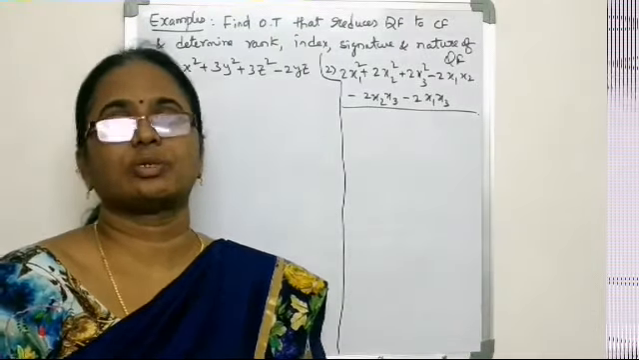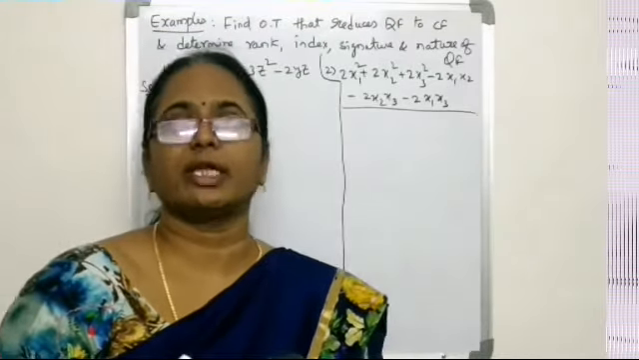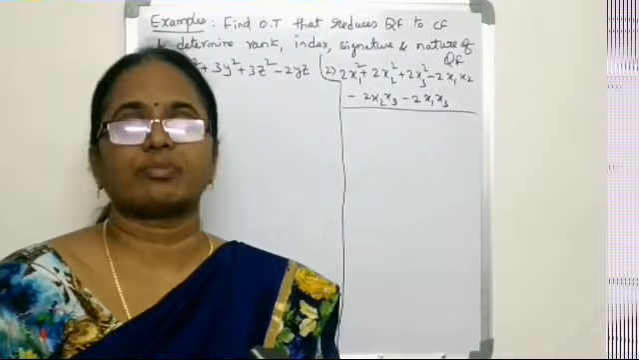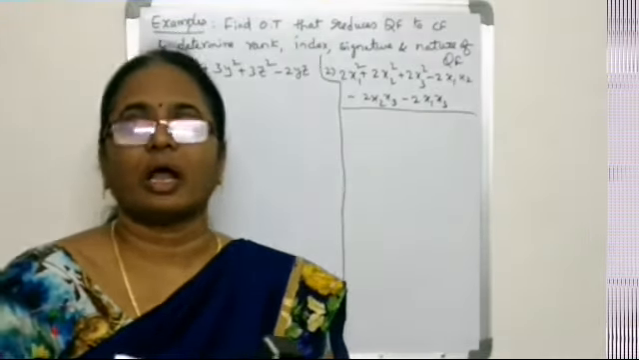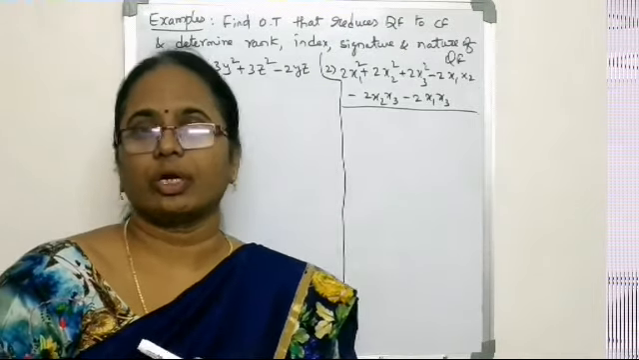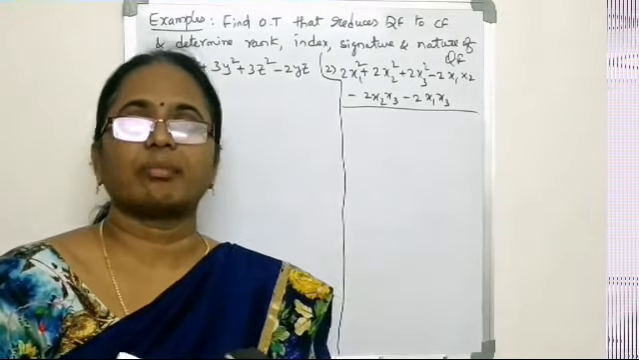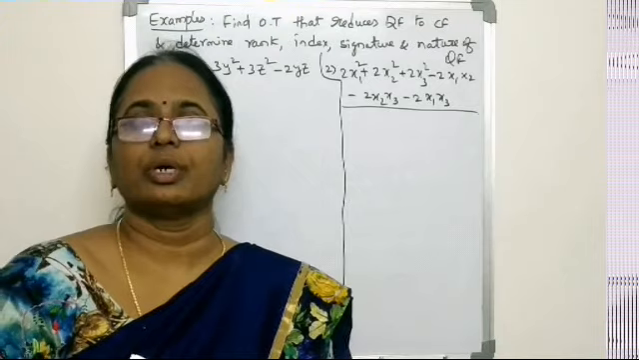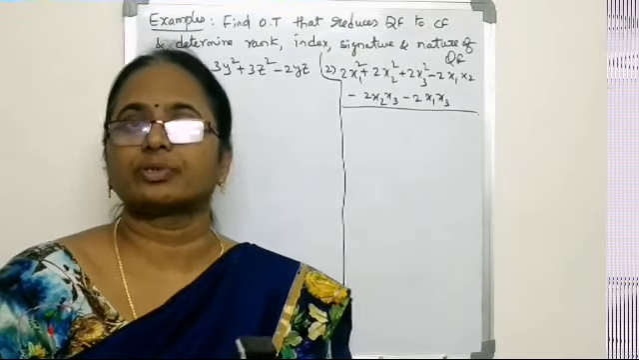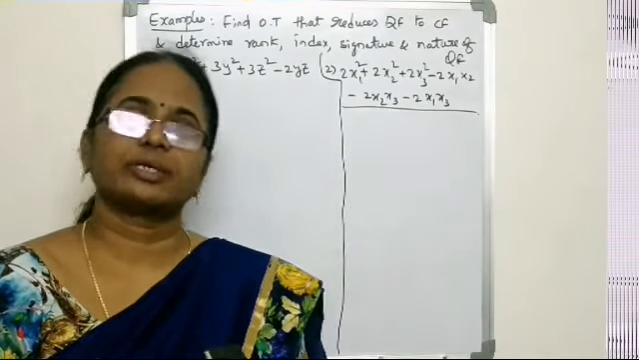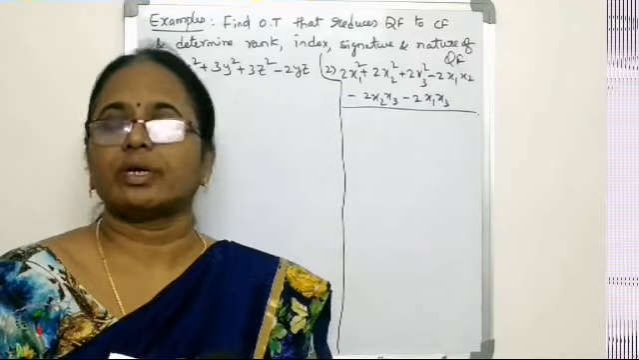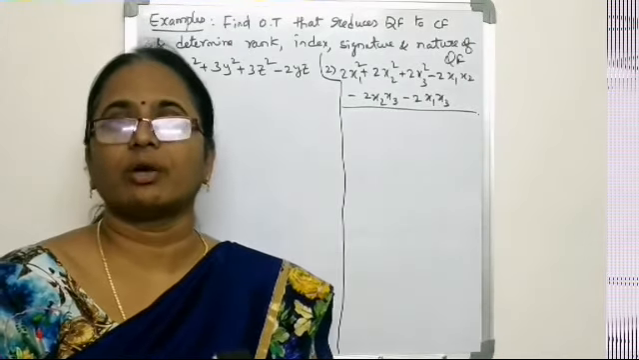So just previous to this class, I have been explaining to you the concept of quadratic forms and canonical forms, and how quadratic forms can be reduced to canonical forms. Now in this class I am going to teach you problems based on the conversion of quadratic forms to canonical form. As I told you in the previous session, the quadratic form can be converted into the canonical form